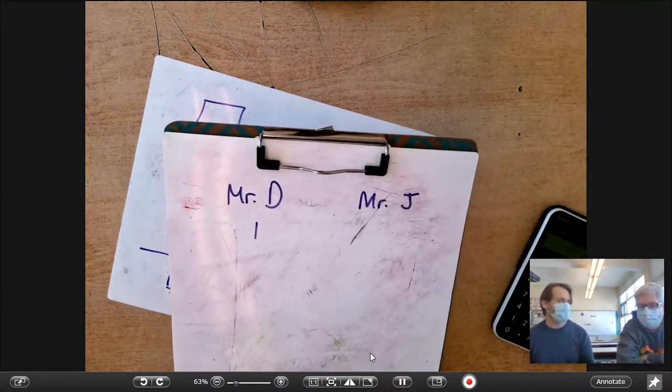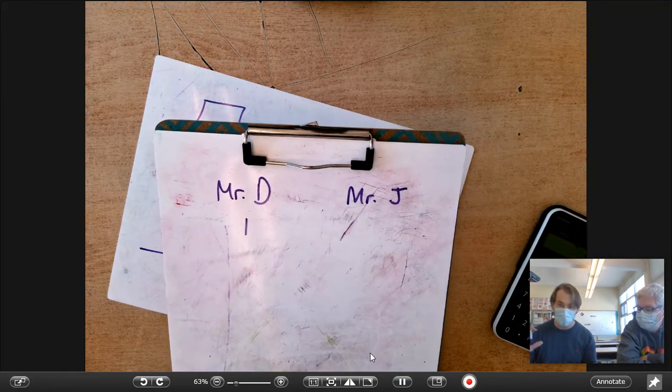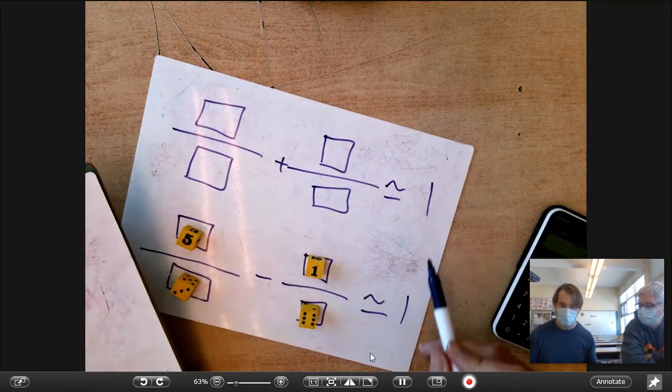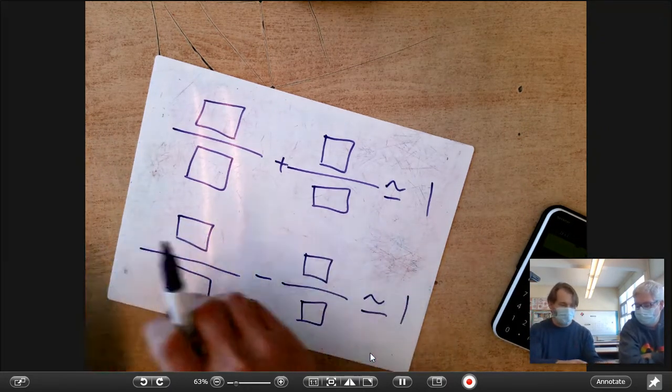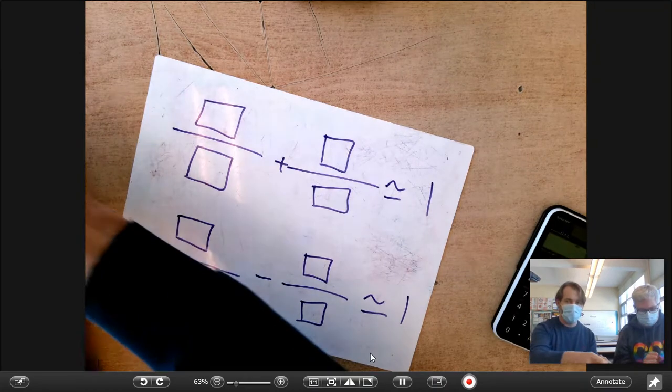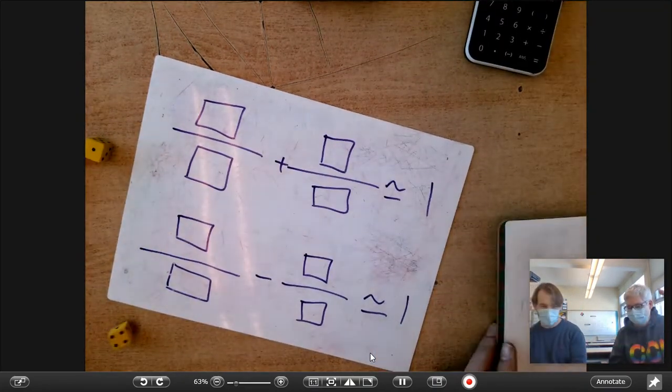And now this would be checking with a calculator, and you can have a third student check with a calculator to see who can get closest to 1. Our goal is getting closest to 1. Now Mr. Daviau is going to go ahead and roll, and I am going to get ready to not do it on a calculator. I'm going to do my rough work on this here and do my adding and subtracting